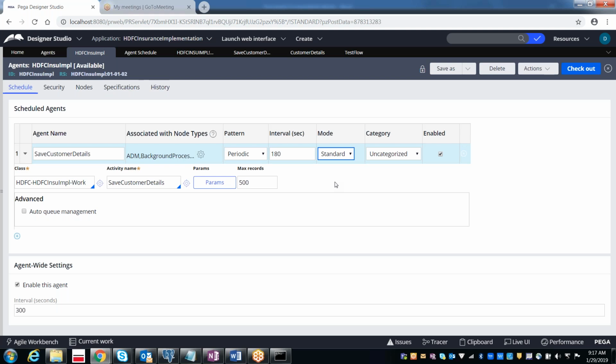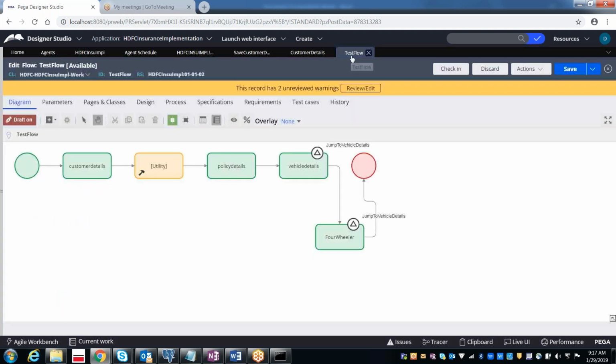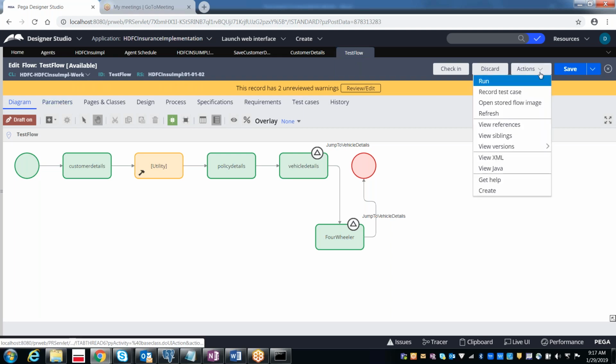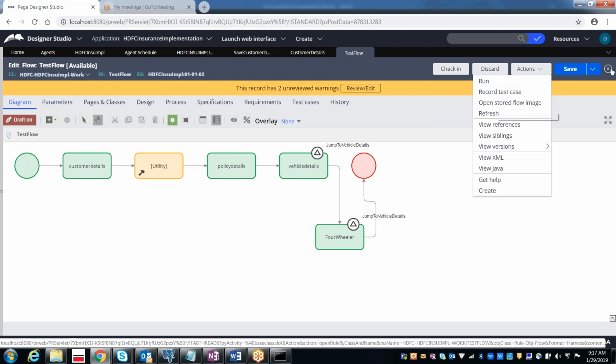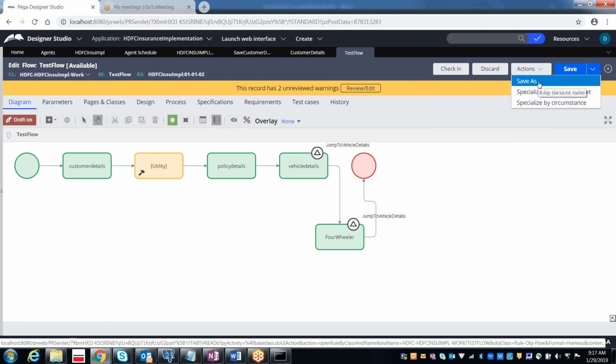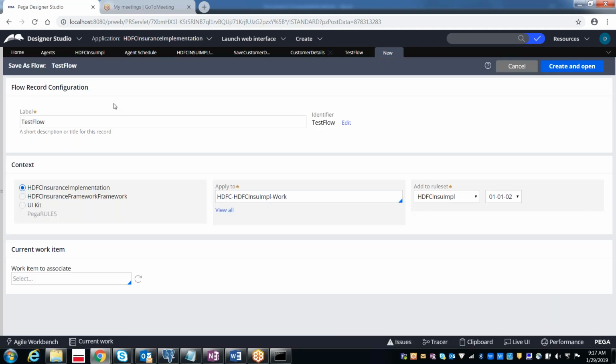Let me create one more new flow, the standard agent flow.